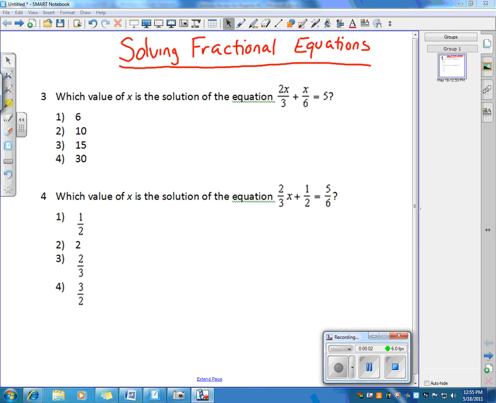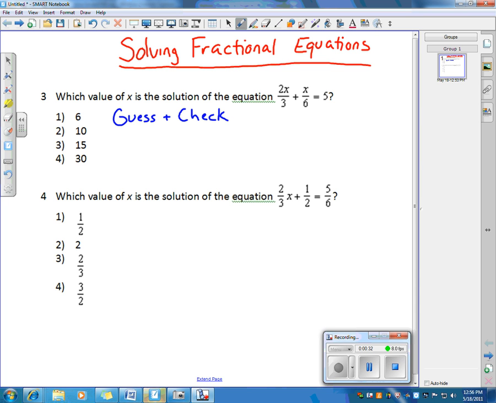All right, so we're going to take a look at a couple of fractional equations. Now you notice that each of them has fractions in them, obviously. For the first one, the method we're going to use is going to be guess and check. So our goal is to figure out which of these four answers we'll plug in for x and see which one of them on the left side over here is going to give us the same answer on the right